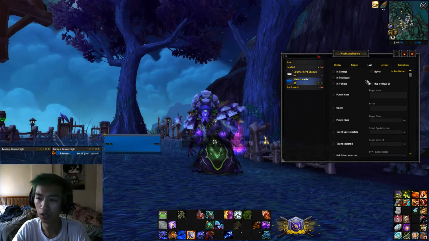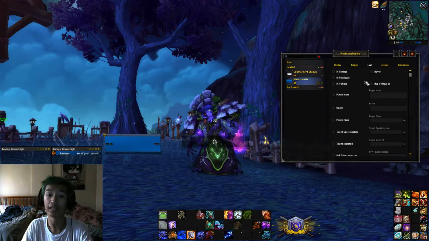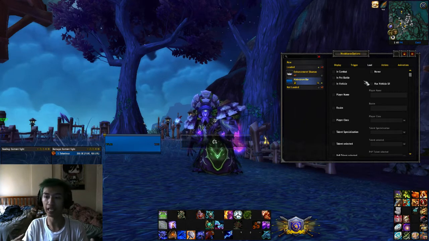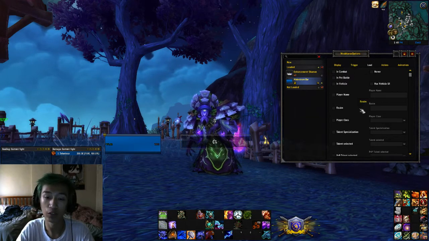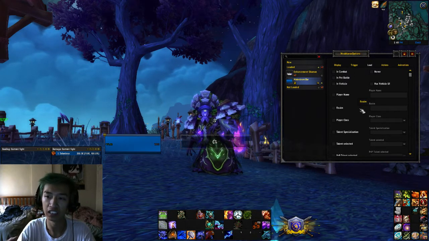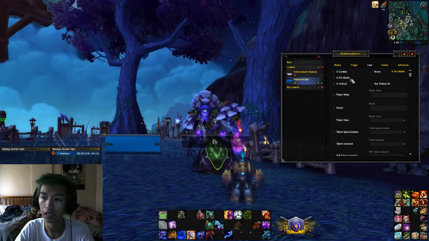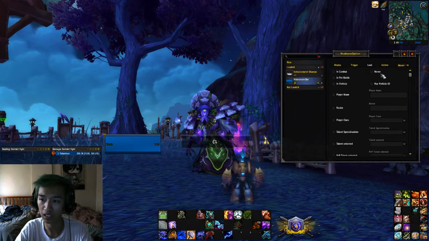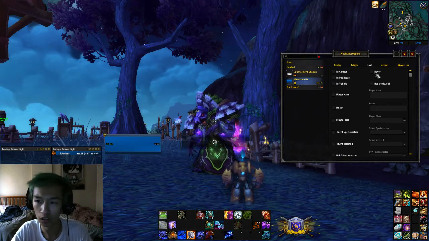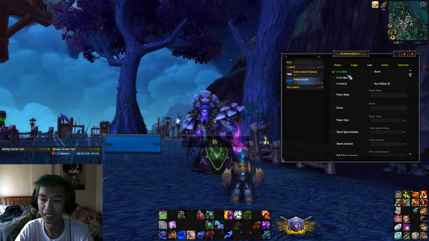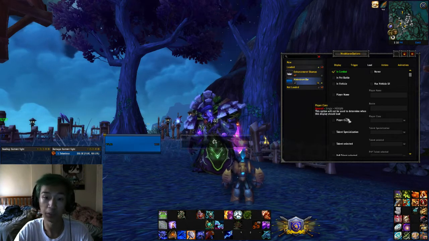So next we go to load. Basically, load will be based on when the bar will show up. So let's say you want it up all the time, you actually don't need to change anything. However, let's say you want it to show while you're in combat, or when you're out of combat, or never at all. You can click never if you just want to play with it, and it's still in the works. So if we want it in combat,